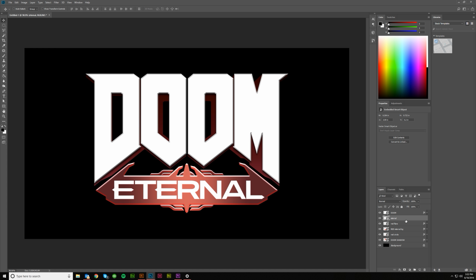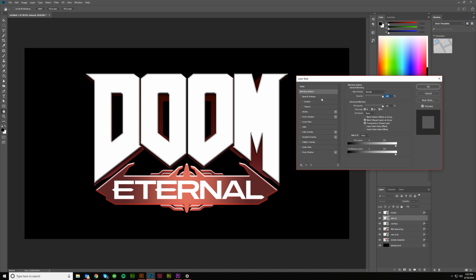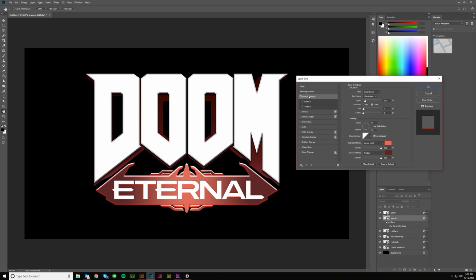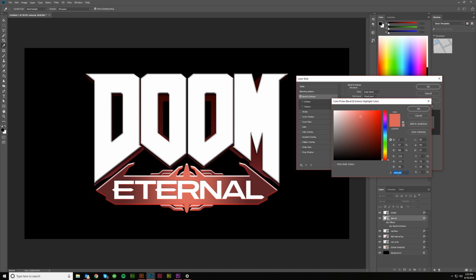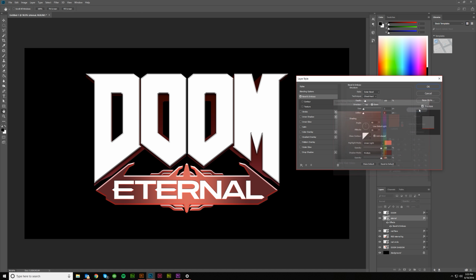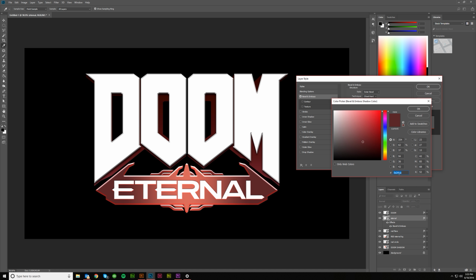The next thing we want to grab is the Eternal Text layer. Double click on that, bring up the layer style. We'll also be throwing a bevel and emboss. This one's going to be an outer bevel. Chisel hard. We're going to go down and just do 1 pixel. And then make sure this is at 90/30. Default settings on contour. Linear light, and you want this color value at 100%. And then you want multiply with this color value,